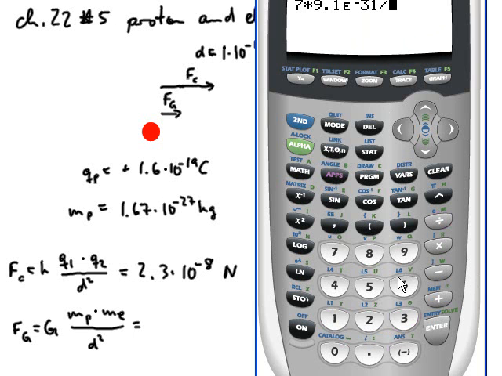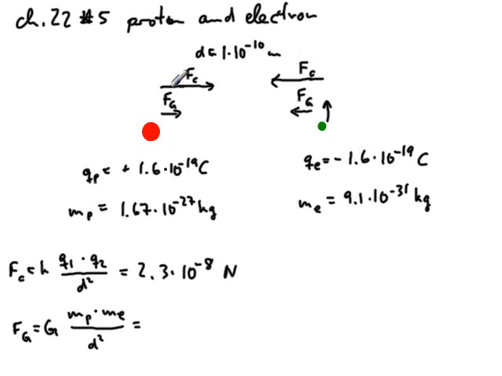Okay, anyway, divide by 1 times 10 to the negative 10 meters squared, and I come up with 1.0, I believe, times 10 to the negative 47 newtons for the gravitational force. And we can see that